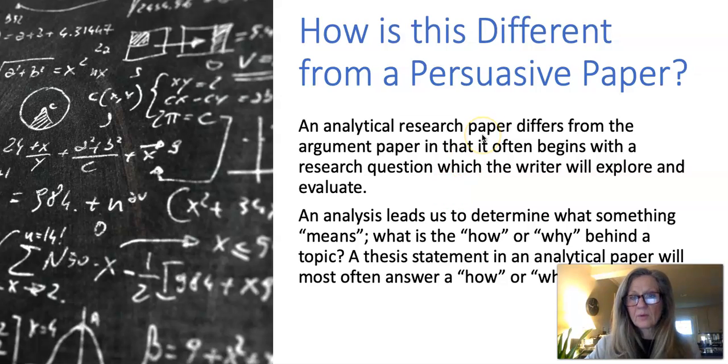So it's different from a persuasive paper. A persuasive paper asks you to take a side on an issue, and an analytical research paper or an informative paper is informing you objectively about two or more sides of this issue, understanding the historical background of the issue,